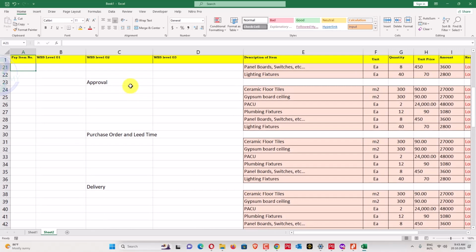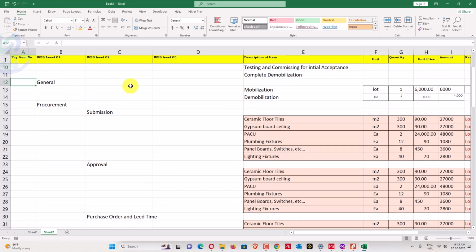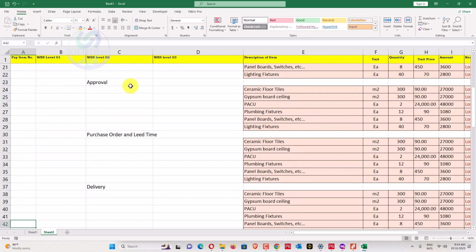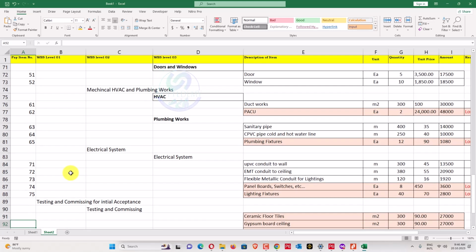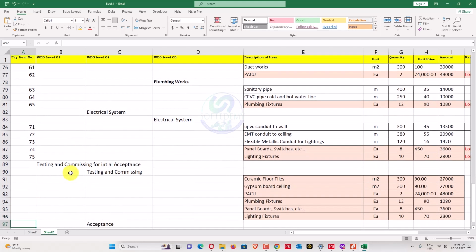This one is mobilization 2, 1, 2, and the next one is like that one.